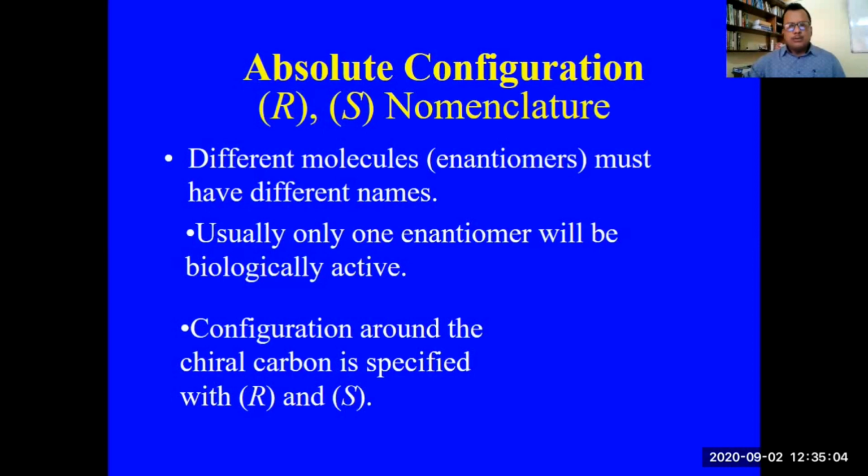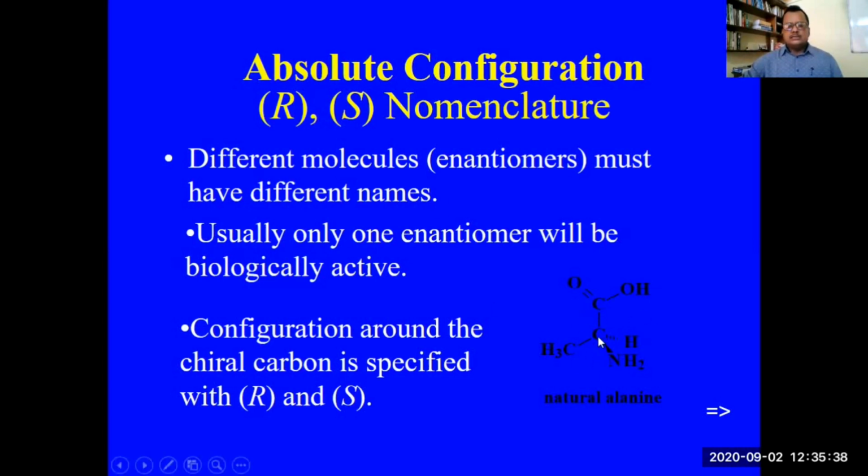So a molecule may contain more than one stereo center, and it is necessary to assign configuration to each stereo center. For example, you remember tartaric acid. In tartaric acid, there are two stereo centers, and each stereo center has a different configuration. Similarly, glucose has 4 stereo centers, and each stereo center has its own configuration. I will discuss it later.